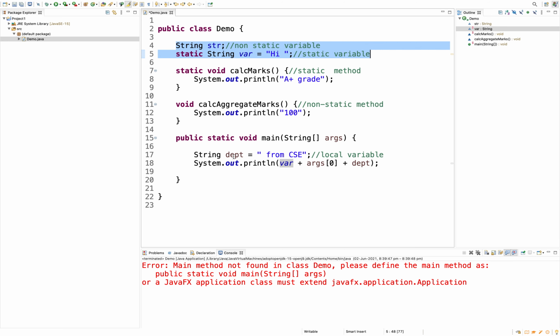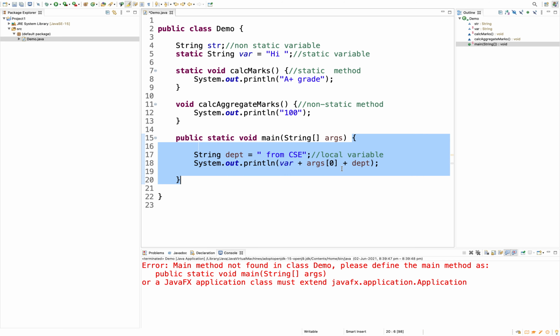And this one is the local variable. This local variable will be alive until this block's execution completes. Once the block is executed, the memory is deallocated and the variable is dead.